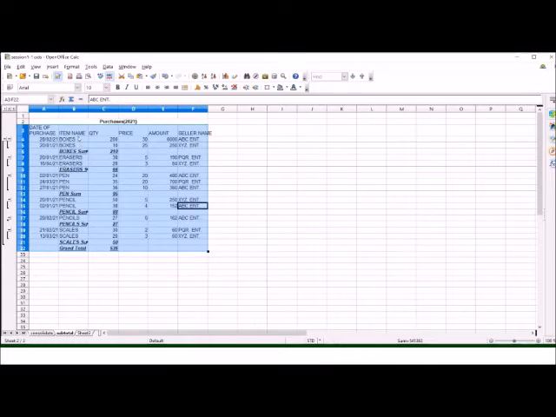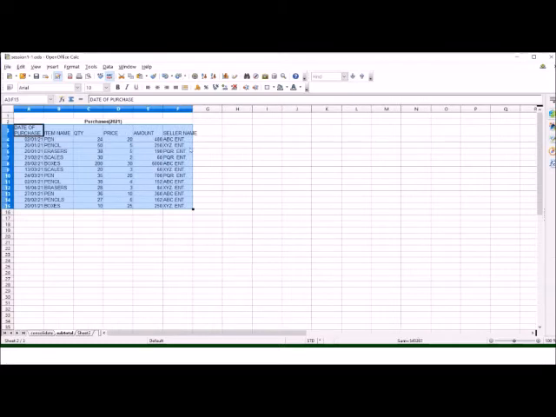the data has been grouped on the basis of item name and totals are appearing for quantity only. Total boxes purchased were 210, total erasers 66, total pens 95, total pencils 88, total scales 50. So this is one way that we have grouped our data. Now I will press Ctrl Z and we will group this worksheet on some other basis.